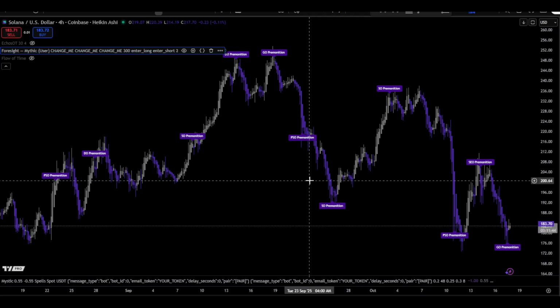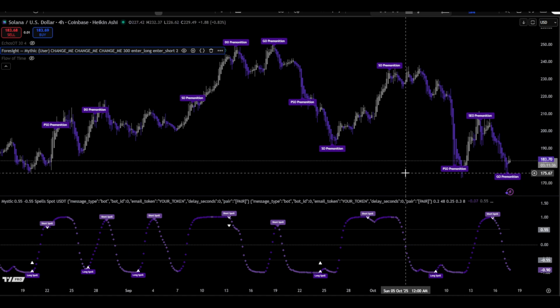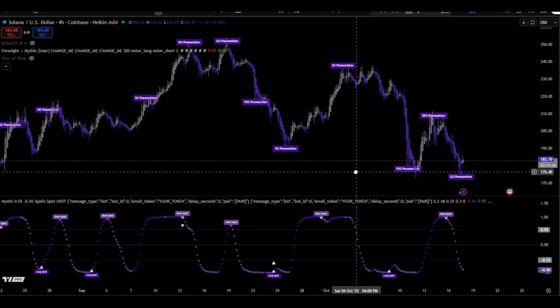So let's take a look at what this looks like side by side with the Mystic Spell, which is our indicator here, which is just incredible. It's hard to say. These things make magic together. The Foresight